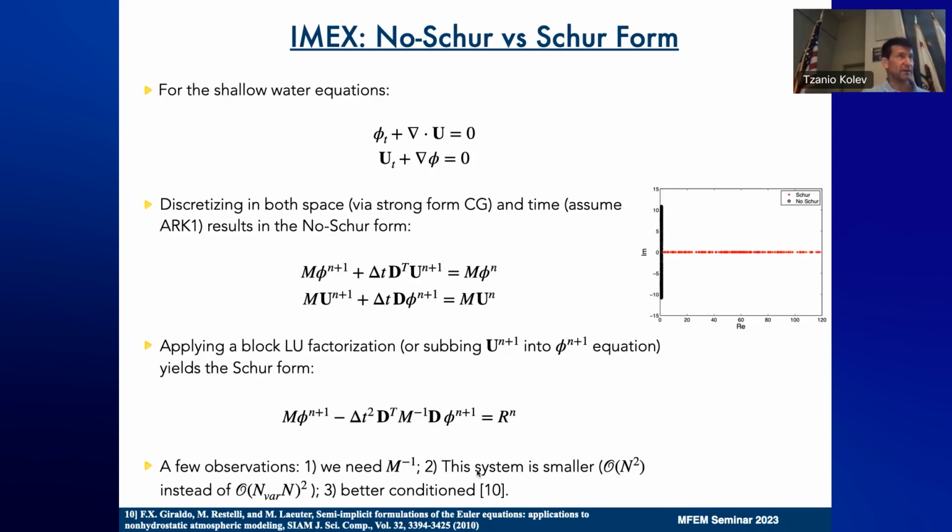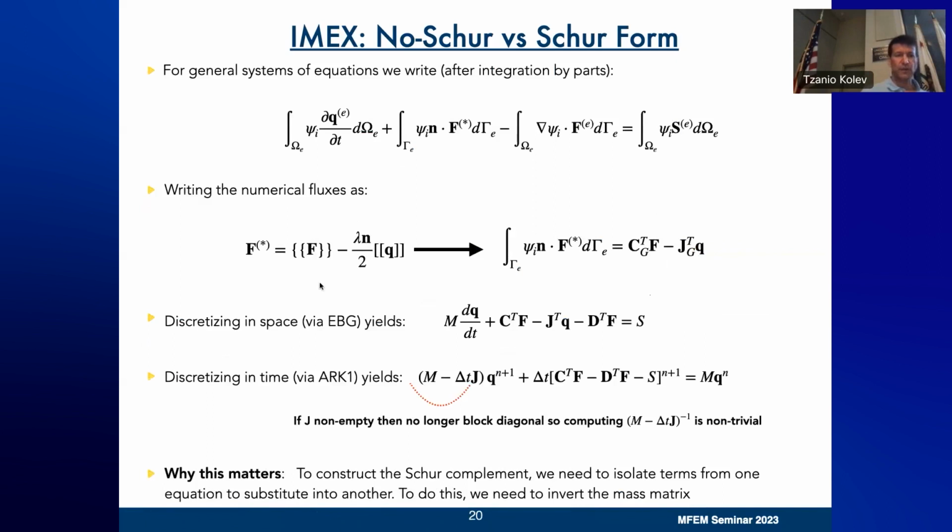And for Euler, you have 5 variables. So it looks something like, instead of being order n squared, it'll be order n var times n squared. So it's a much smaller system that's better conditioned. So for general systems of equations, after integration by parts, this is the stuff I talked about